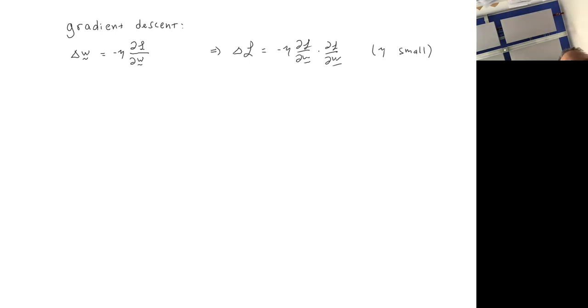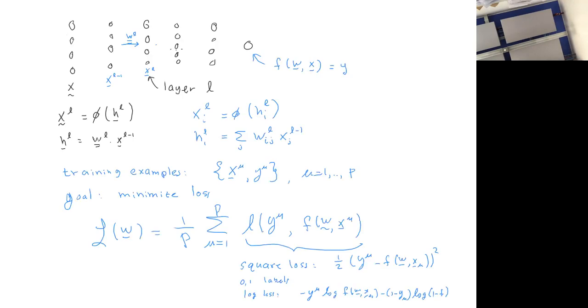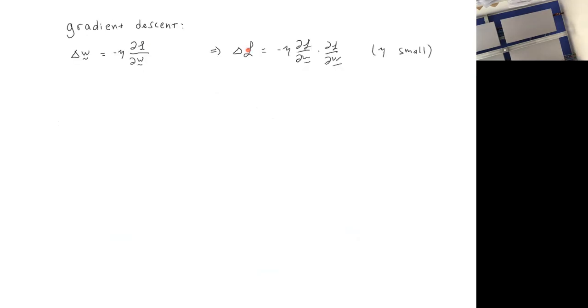Okay. Now the problem, of course, is that we have a very complicated function. It starts here, goes through multiple layers: nonlinearity, nonlinearity, nonlinearity, nonlinearity, and finally an output. Taking this derivative, it's not obvious that it can be done, but people have shown it's possible. This was invented and reinvented many times.